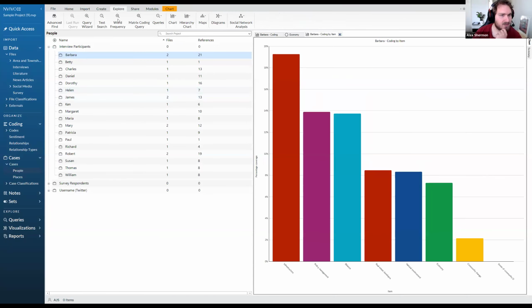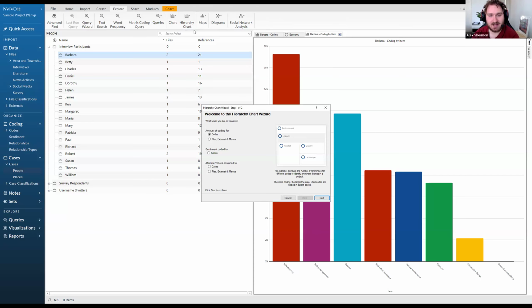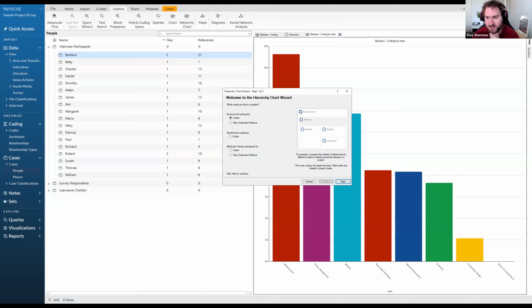I quite like them. We're going to go to explore, and I'm pretty sure even on the Mac version, if you go to explore and select hierarchy chart, you should get this hierarchy charts option, hopefully. If not, that's okay. But we're going to select that, and it's going to open up a wizard for us that's going to guide us through creating a hierarchy chart. And it gives you a really nice little representation of what that chart is going to look like. And essentially, it's like a nested visualization where you've got large squares and areas, and in them you've got their children and stuff like that. So it can be a really nice way of showing off the proportion of coding that you've done within your